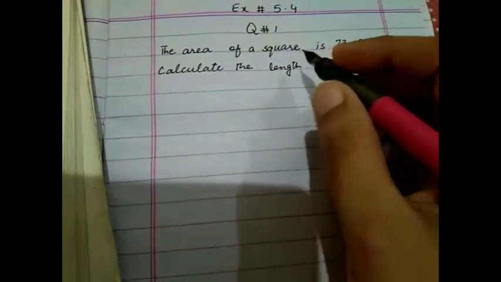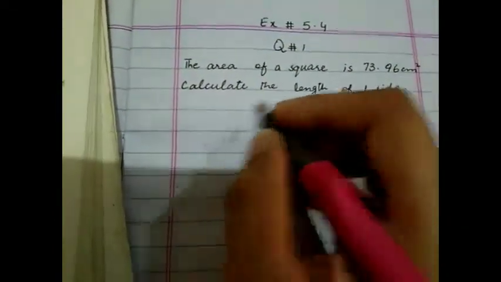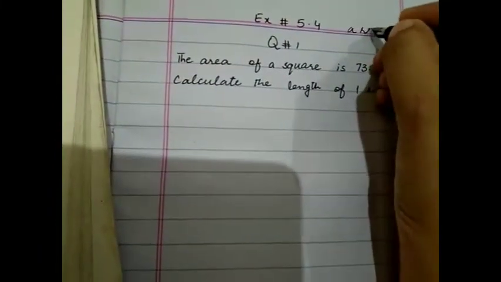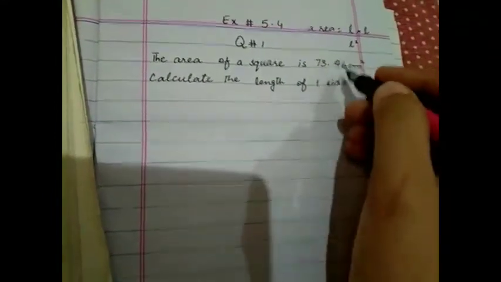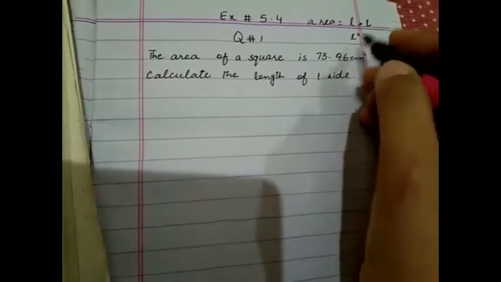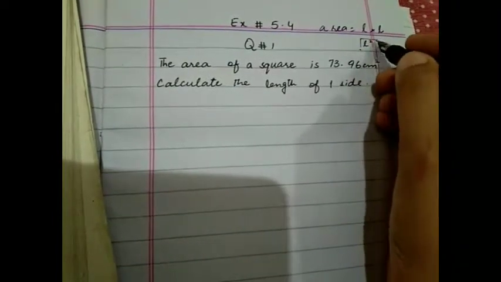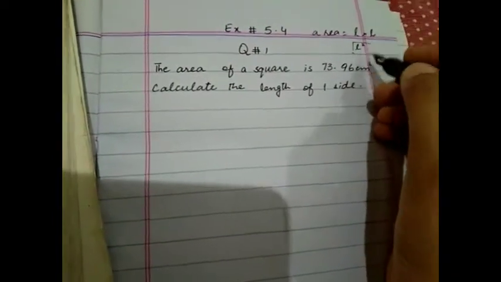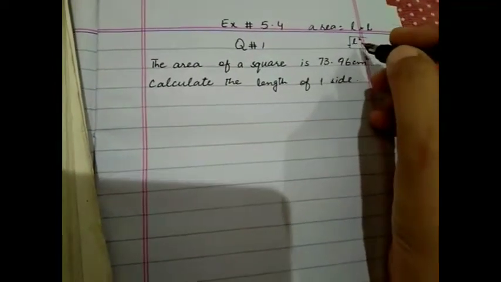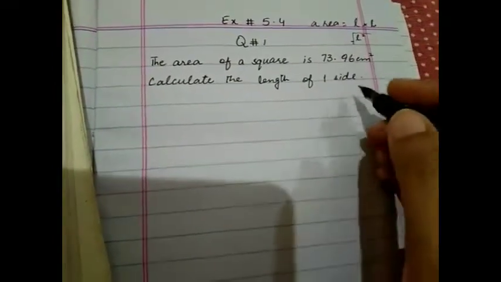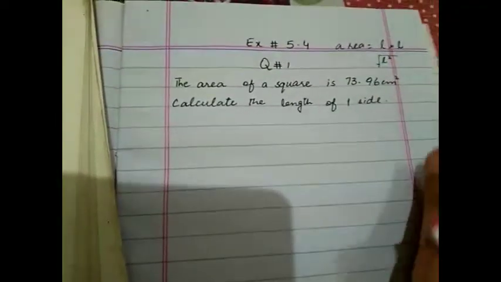If you have the area, area means L multiplied by L. Area of a square means L square. And if we want to find the length of one side, then we will take the square root so that the square will be cut, neglected from the value, and the answer will be equal to L. Okay, to use this method,